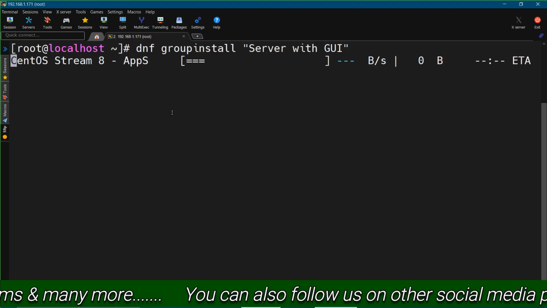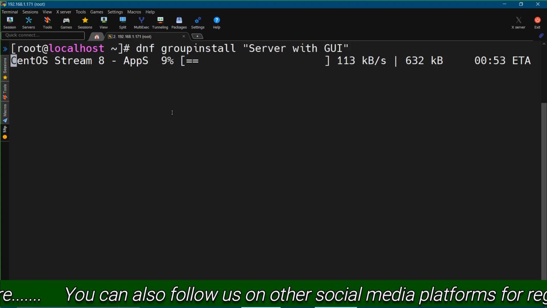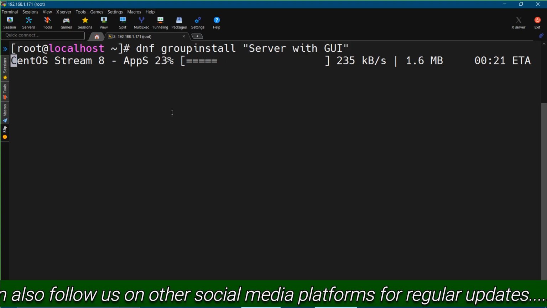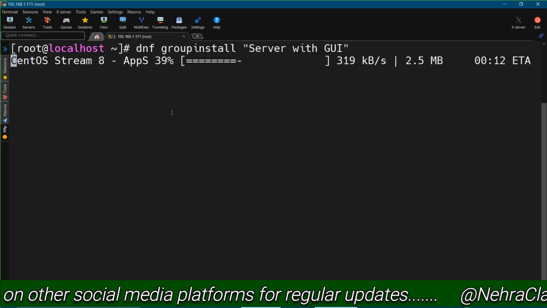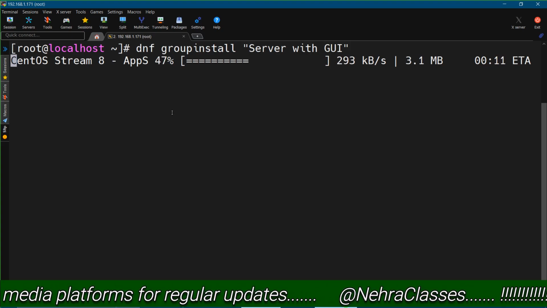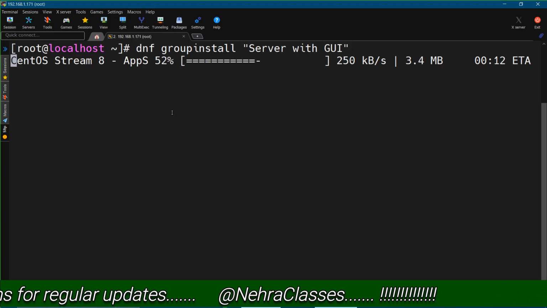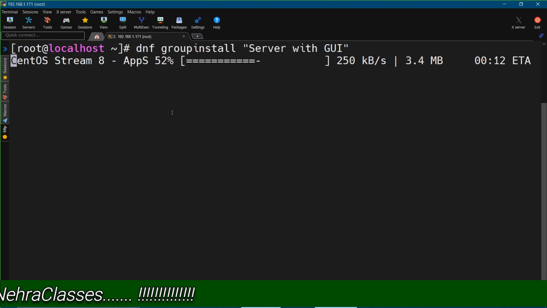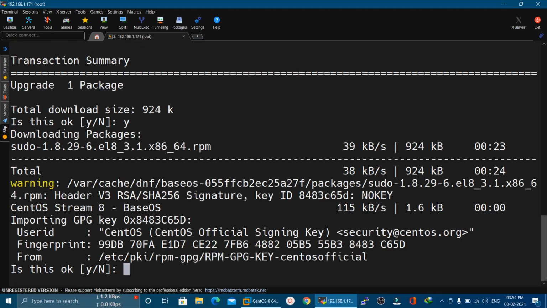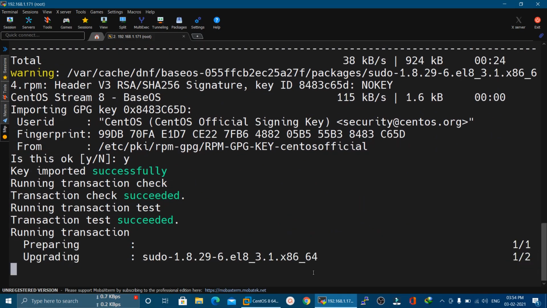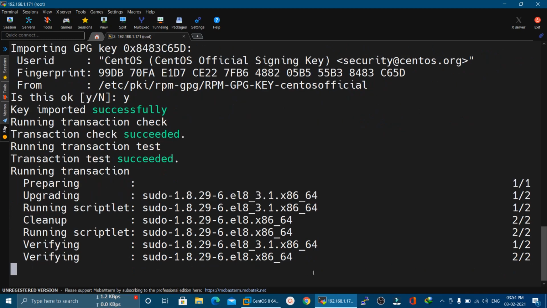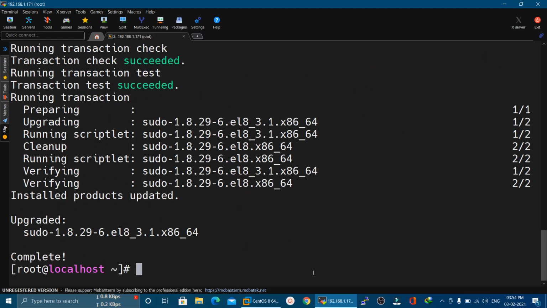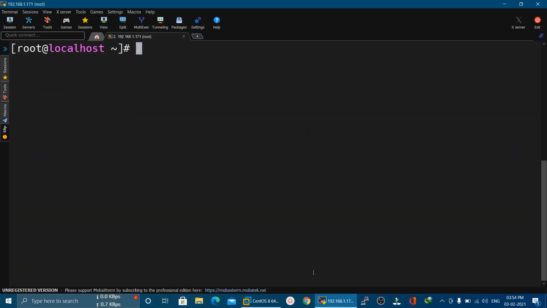This command will install all the packages which are required for the proper working of the GUI if they are not installed in your machine. This process can take some time, so you will have to wait while the machine downloads these packages. Here I will press Y and press enter, and this will install the required packages in the machine. Now we can proceed further.